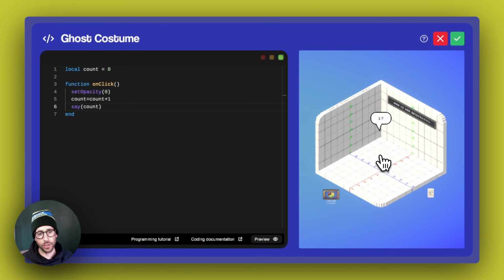So I just wanted to draw attention to the fact that opacity will visually make things seem as if they are not there, but the thing is still in that particular location. So just be careful if there are other events in your room that you need to take into account when making something